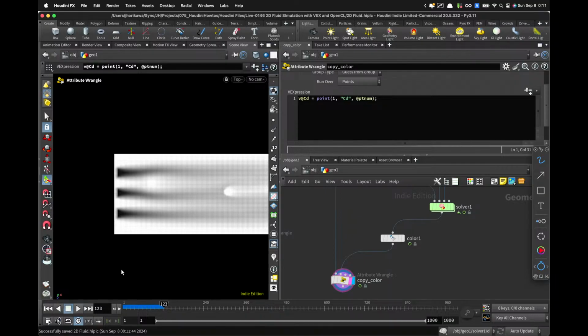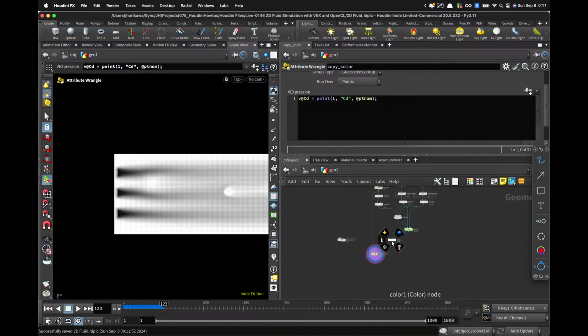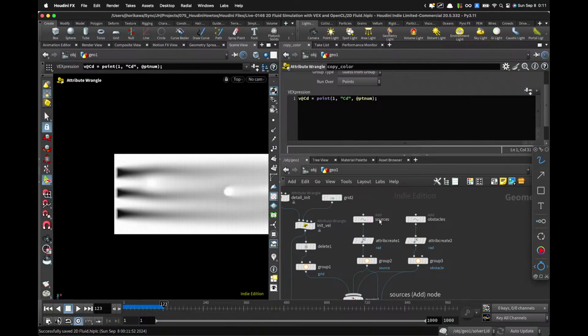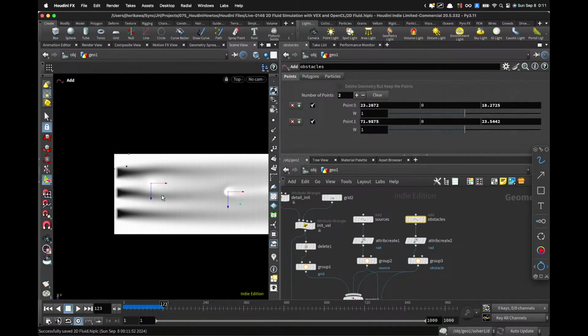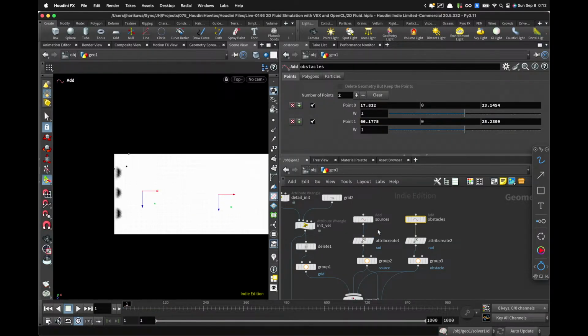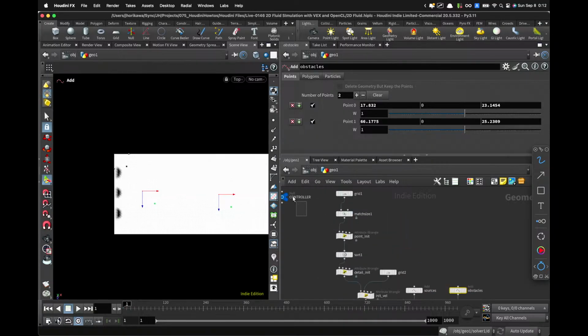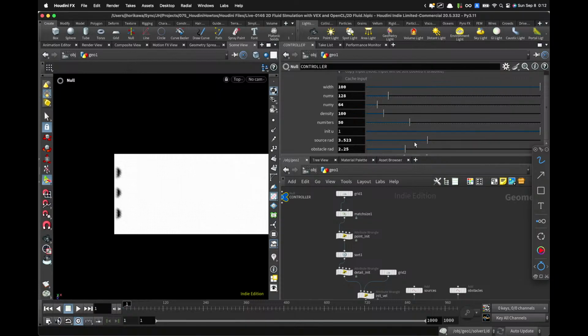Okay. Now let's keep this on the center, just like an example. And let's make the sources a little bit bigger in terms of the radius. See if we're going to have some interesting